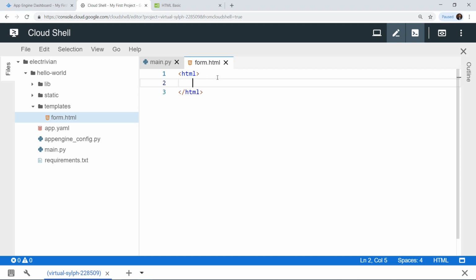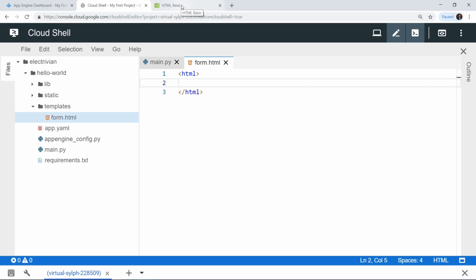Okay, so if you are not already familiar with HTML basics, it is a very simple markup language. So you can also understand it. If you are looking at it for the first time, you can also understand the basics of HTML by simply looking at what we are typing right now.